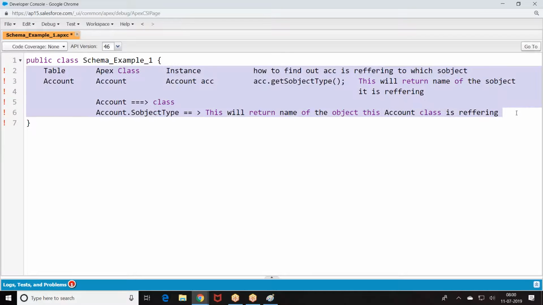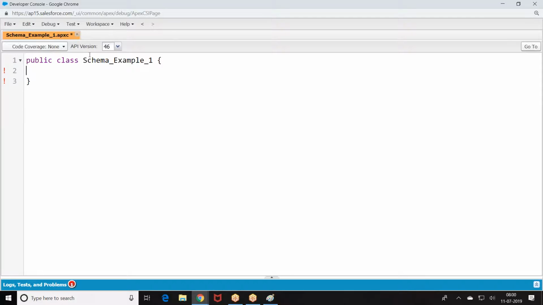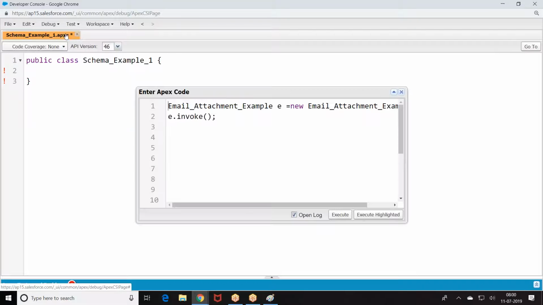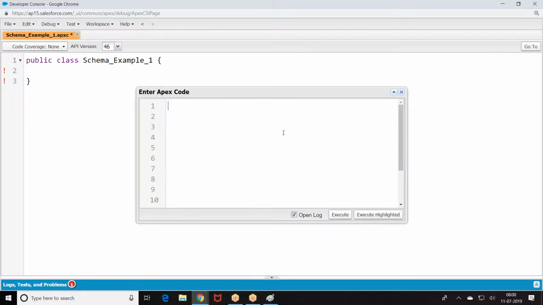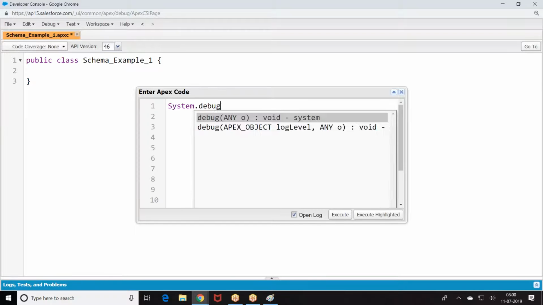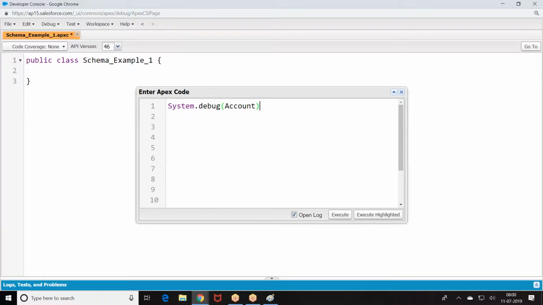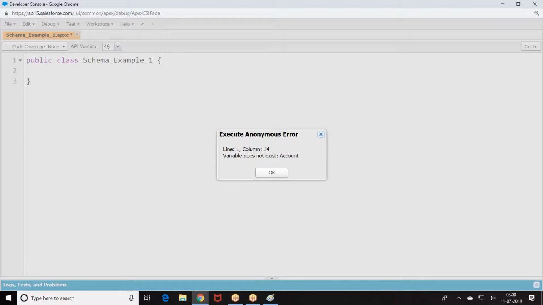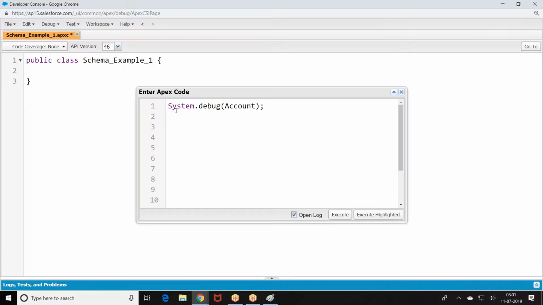So let me give you the story here. Try to understand. System.debug. It throws an error message: variable does not exist. You cannot refer to the class directly. So how are you supposed to refer? Create an instance for the class.